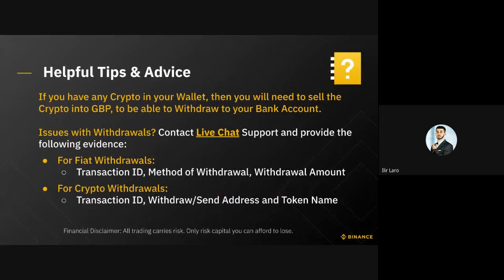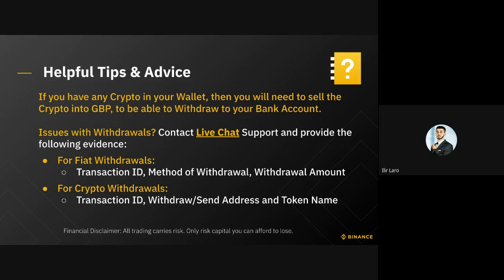We've discussed how we withdraw fiat, and we've just now discussed how we withdraw crypto. Some helpful tips and advice. If you do have any crypto in your wallet, for example, if you have Bitcoin, but you want to withdraw to your bank account, you actually can't withdraw crypto to fiat. You have to sell crypto to fiat and then withdraw fiat to your bank account. So if you have Bitcoin, you have to sell Bitcoin to GBP, and then you initiate a fiat withdrawal of GBP